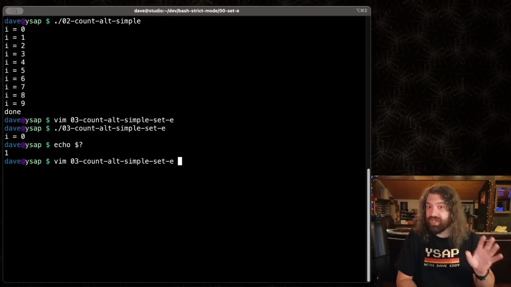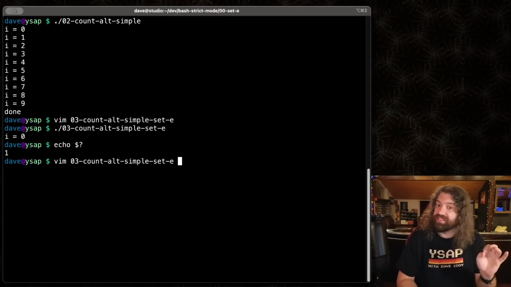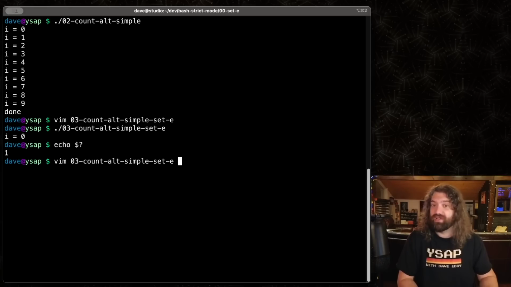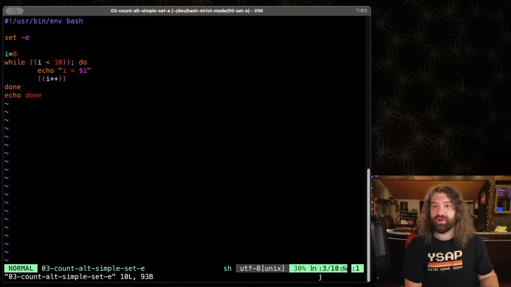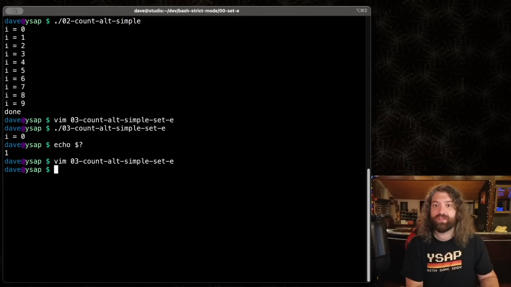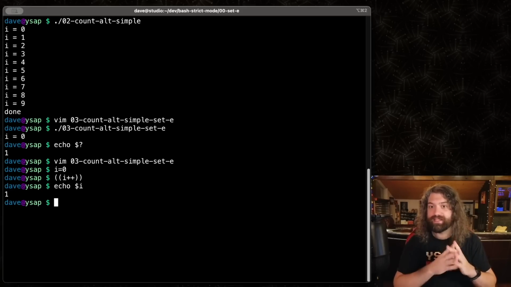I think it can catch a lot of issues, but the issues that it doesn't catch, you need to really know your stuff to understand what's going on here. This example is not super hard to understand. I'll hold your hand, I'll walk you through it. So we have i equals 0, and then we have this syntax right here where we do i plus plus. So we can do this on the terminal here. i equals 0, i plus plus, and now if we echo i, it's 1. That makes sense, right?